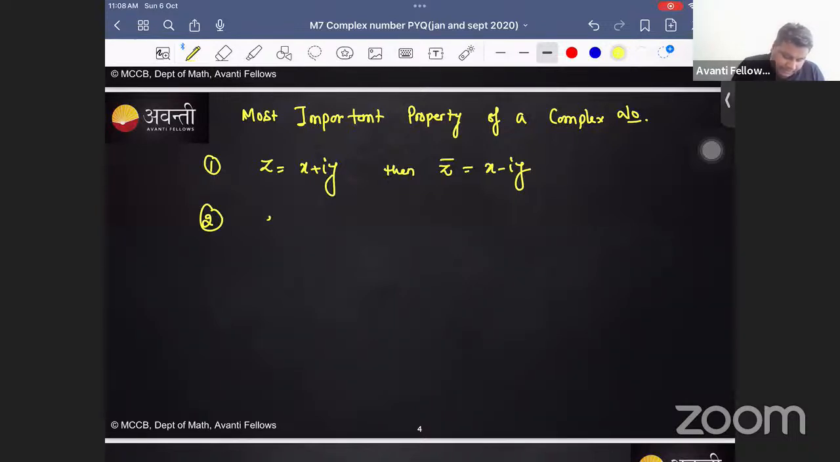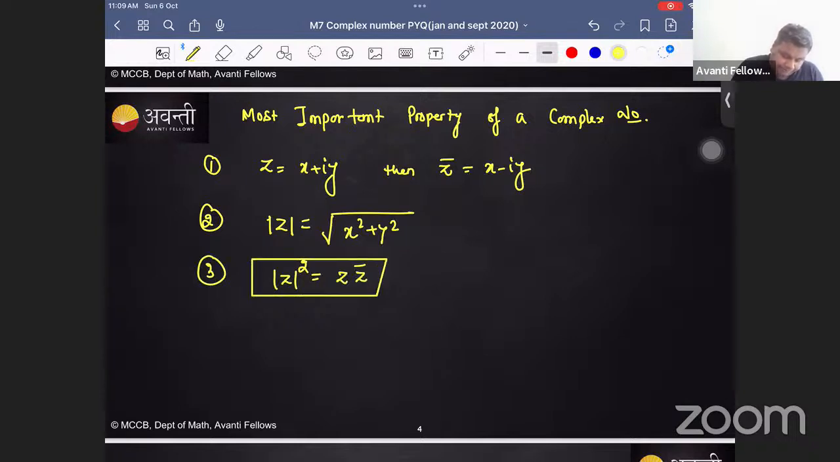Second, magnitude of z is under root of x square plus y square. And from this you can confidently say that magnitude of z square is z z bar. Very, very, very important. Magnitude of z square is z z bar. Now see,